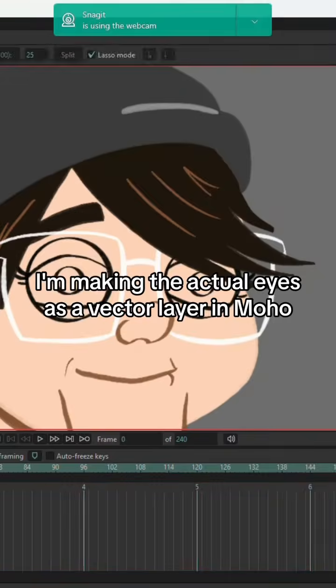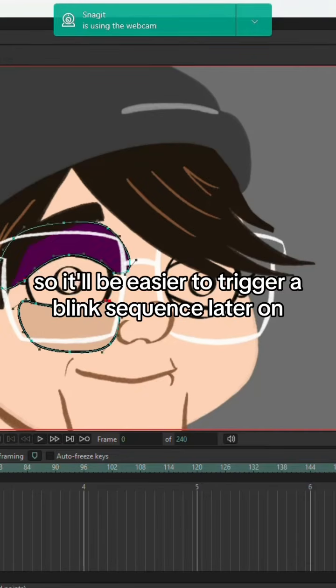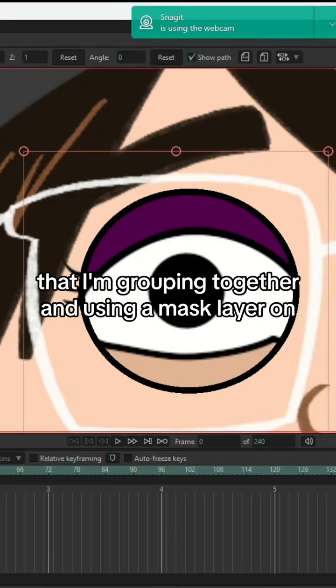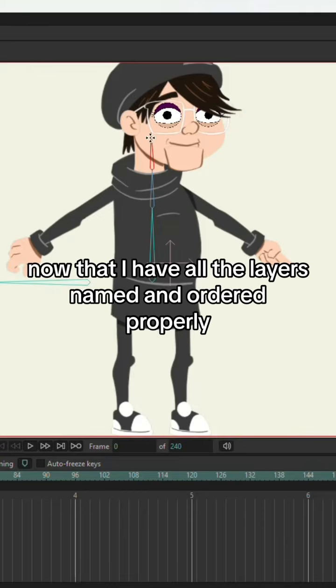I'm making the actual eyes as a vector layer in Moho so it will be easier to trigger a blink sequence later on. The eyeball, pupil, eyelid, and eyelashes are all on separate layers that I'm grouping together and using a mask layer on. Now that I have all the layers named and ordered properly, it's time to plot out